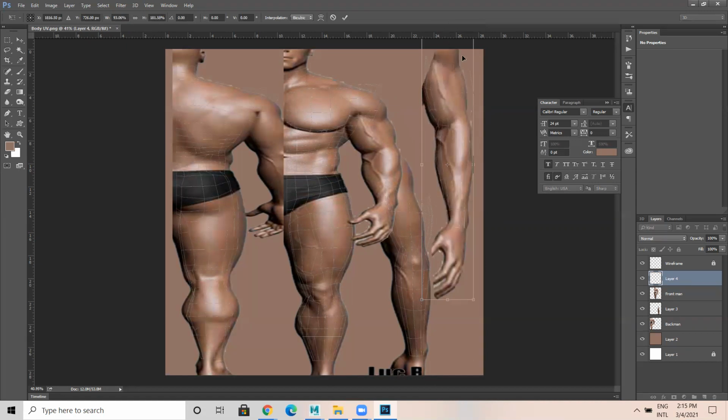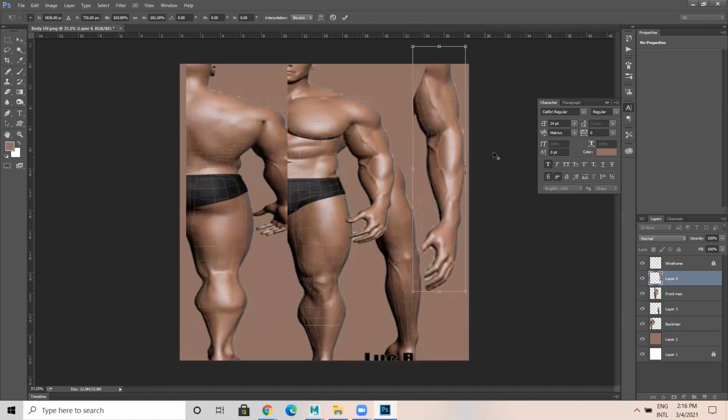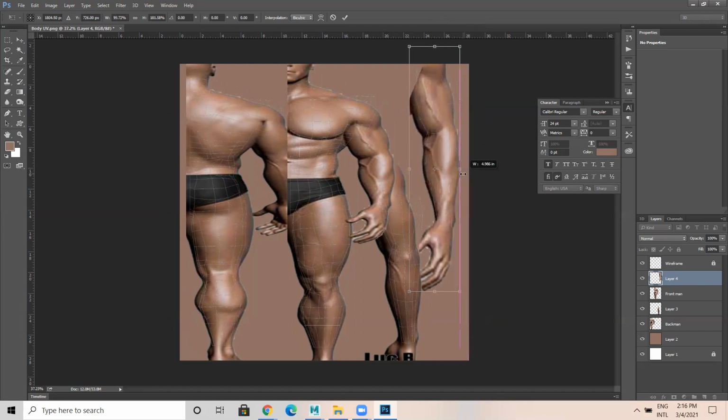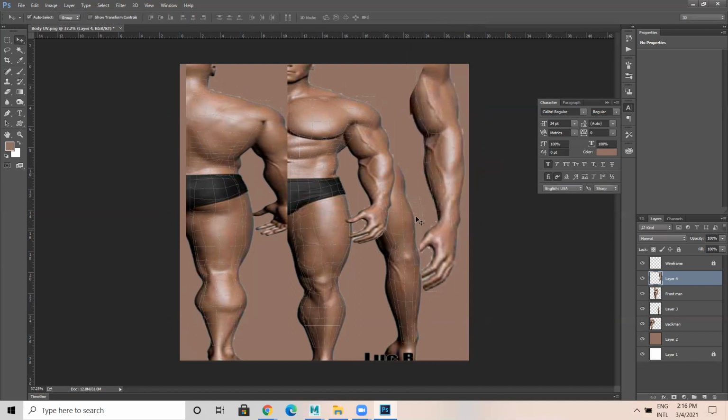So I'm having this detail. It's like this. From this front, I need to erase this part.